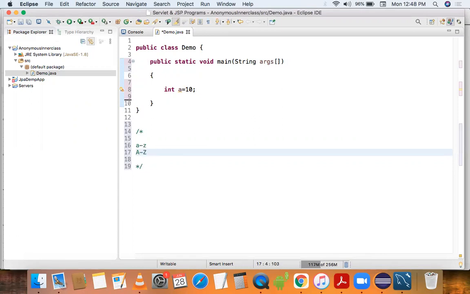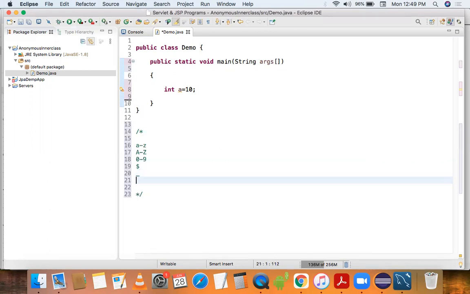Capital A to capital Z, any character from capital A to capital Z we can use to declare an identifier. In numbers we can use 0 to 9, any number we can use. We can also use dollar and underscore. So all these things we can use as an identifier. Except these things we cannot use as an identifier. Means all the remaining things we cannot use.